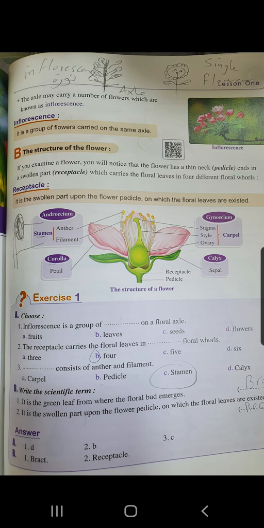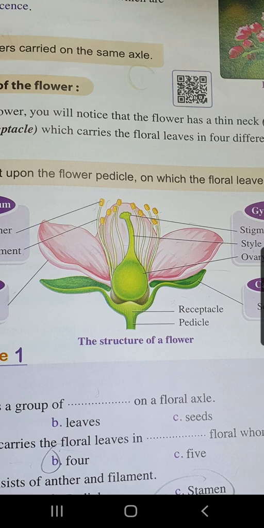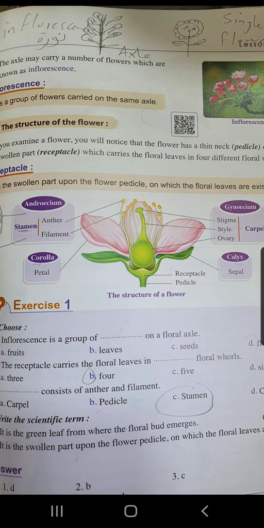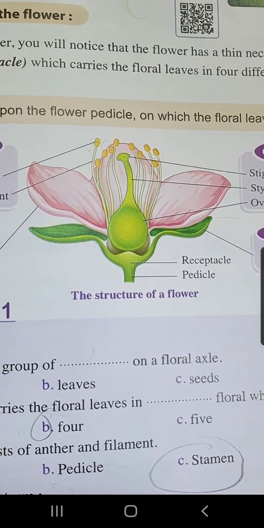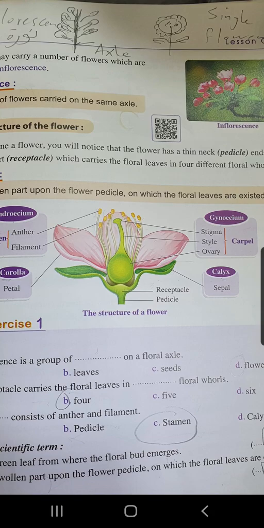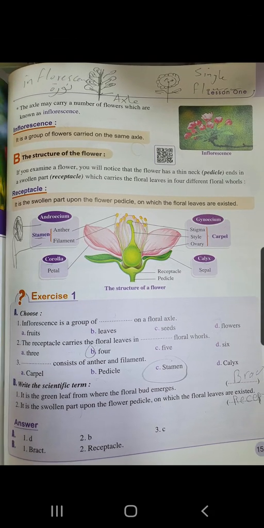The structure of the flower. If we look at the flower picture, we can see the flower has a neck called the pedicel. And then after the pedicel, we have a flat or swollen part called the receptacle, which carries the floral leaves of the flower. And there are four